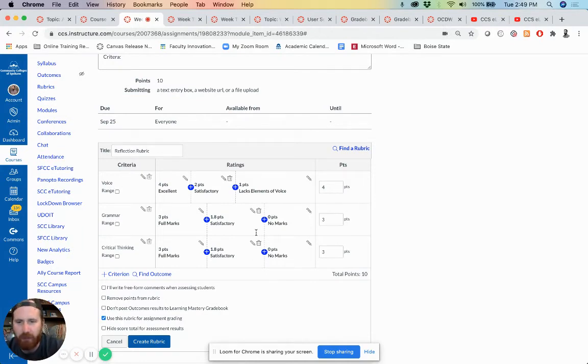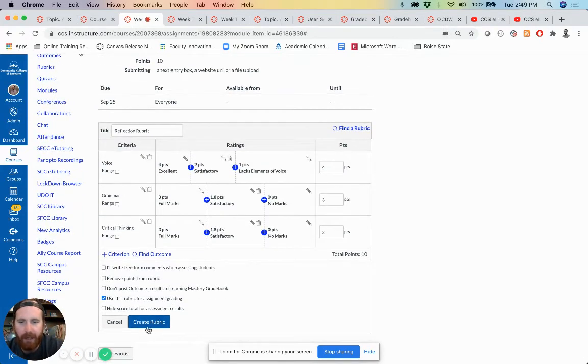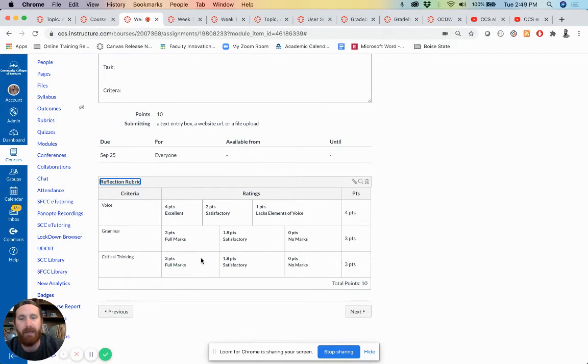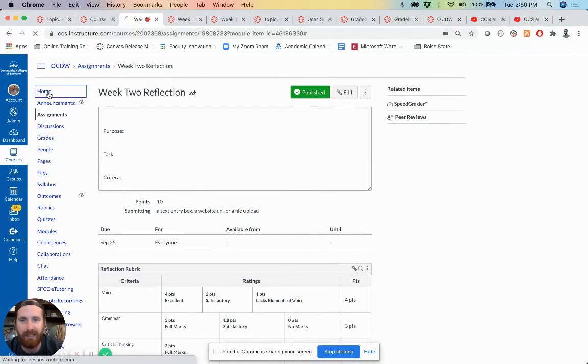That being said, we've just created a rubric. I can go ahead and create this rubric, and now it's viewable to students, it's viewable to you, and you're helping students identify the areas that you are looking for. If you had put in descriptions of the ratings here, like what makes an excellent score for voice, the students would be able to see that and have a pretty detailed description of what you're looking for. So that's how you can build one from scratch. If we go back to this example course,